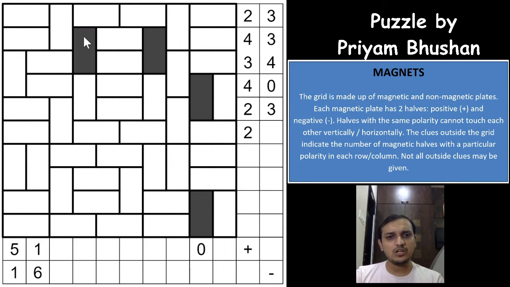So let us assume that what happens if one of the regions is a magnet and the other is not a magnet. Now we know that if this region is a magnet, this will either have a positive or a negative symbol, right? This will either have a positive or a negative symbol that I am not marking here. And if you see now, the total number of clues here is 12, right? Total number of both the positives and negatives, there are exactly 12 clues, which is an even number.